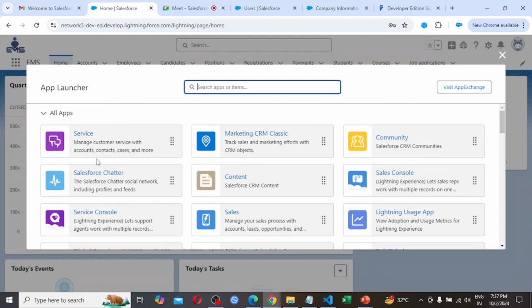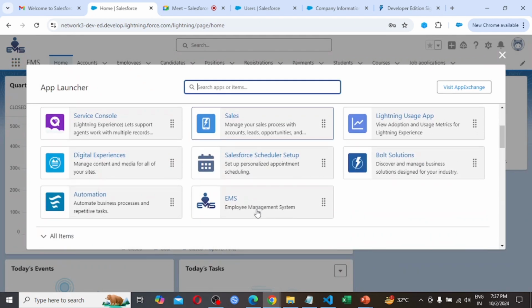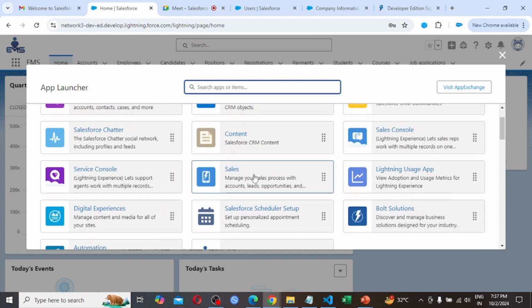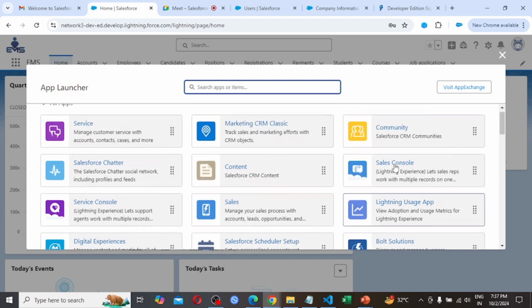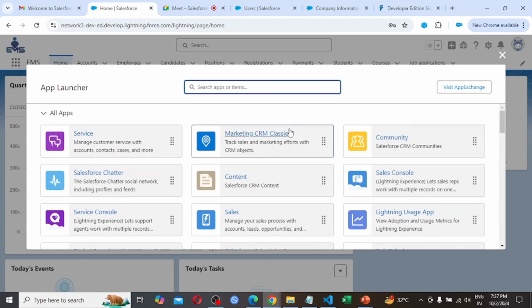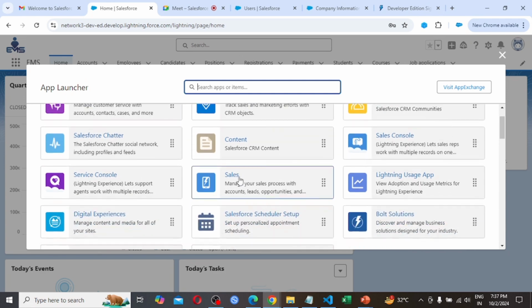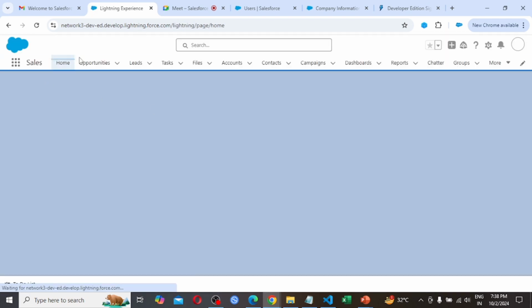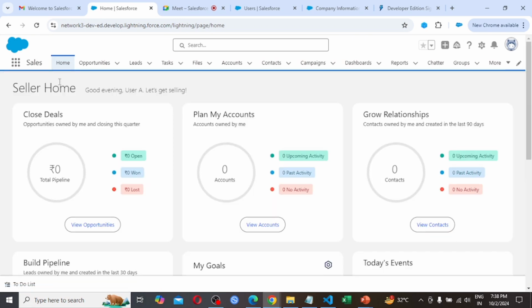Along with employee management system, this user can see sales, service, sales console, community, marketing, CRM classic. He can access all of these applications. So let's click on sales.